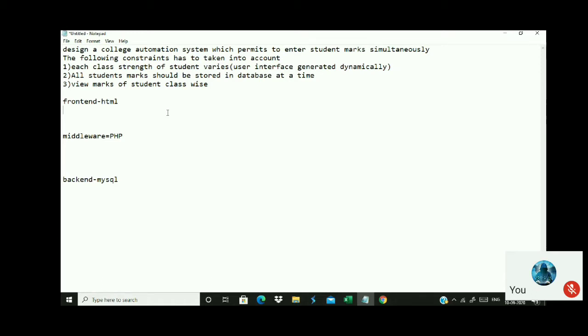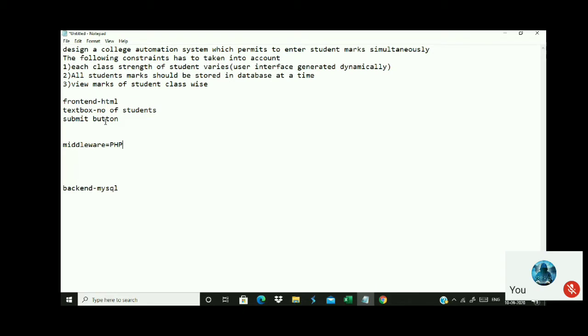So what you have to do here is, listen, in the front end, I should design a text box. This text box should take the number of students, and I should have a submit button. When I enter 4 inside the text box, it should go to a middleware, and in the middleware I have to generate 4 text boxes.